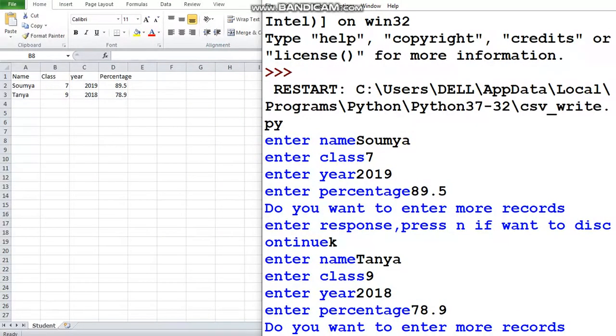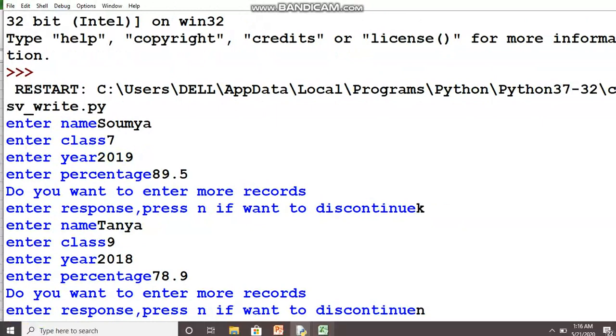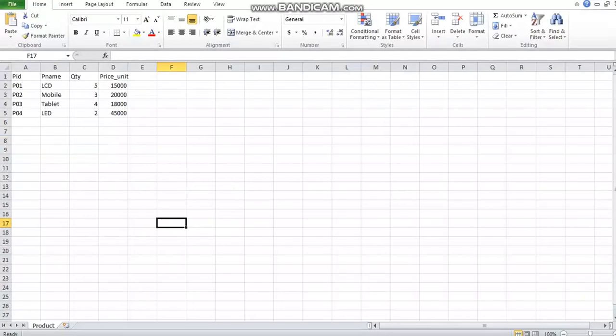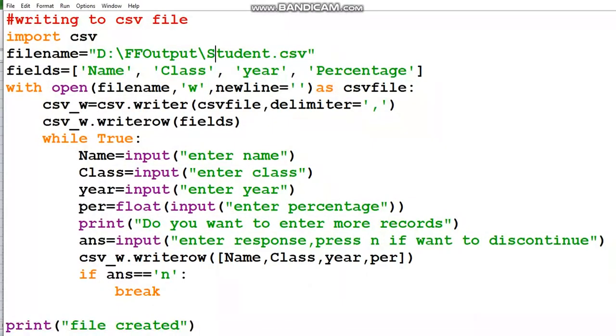So this is how we successfully created the CSV file. I'll close this file. We'll move to Python. And the header row we had was name, class, year and percentage. So successfully we have created the CSV file from Python.